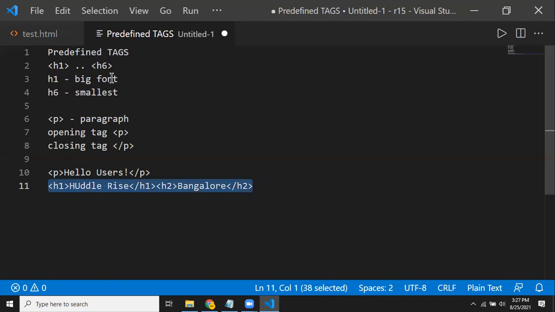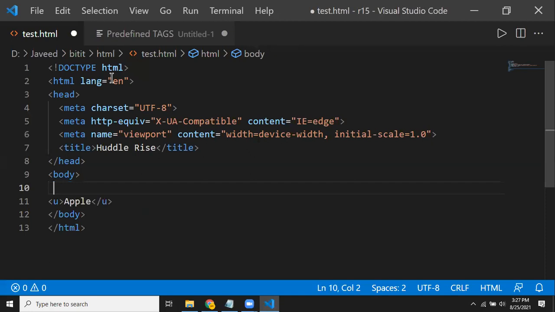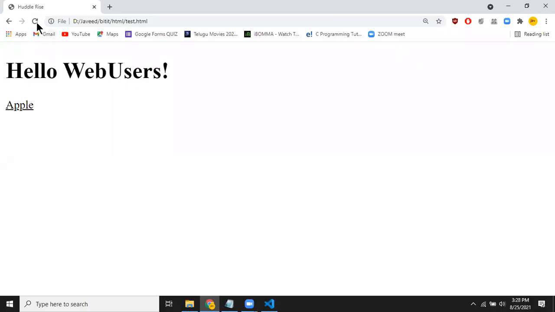So let me use this. I'm going back to my place where I'm doing my designing part. I'm pasting it here: H1 I'm using for Huddle Rise, H2 I'm using for Bangalore. I'll save this, Alt tab, and refresh.